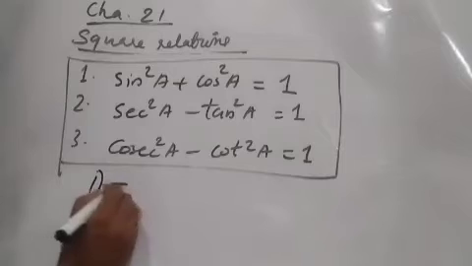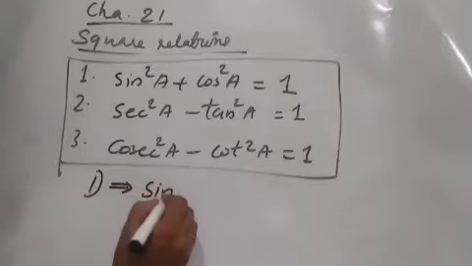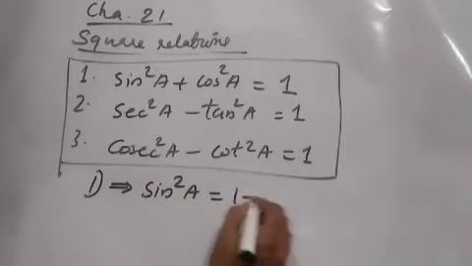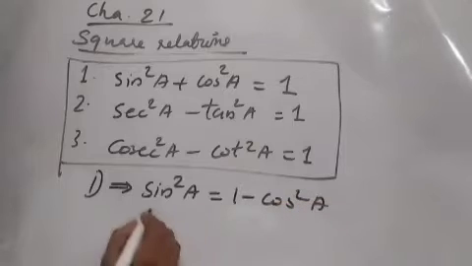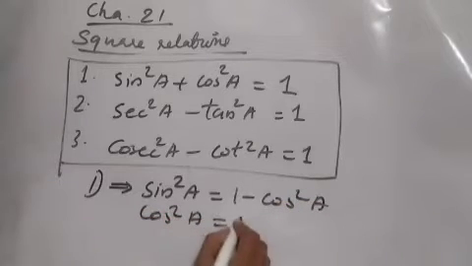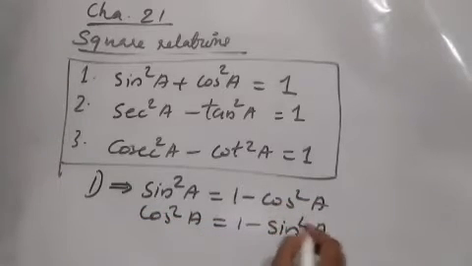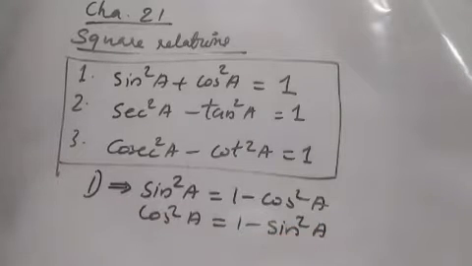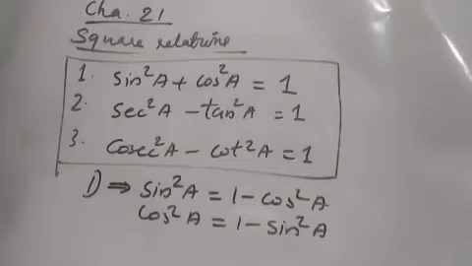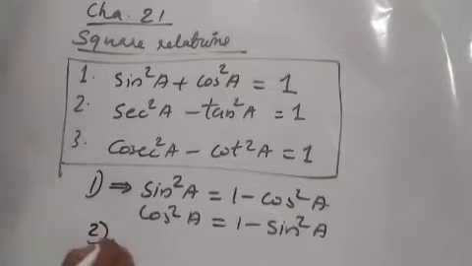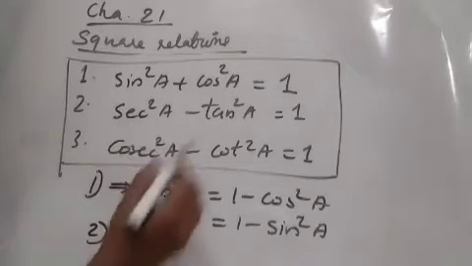First one, you can write it this way. Sin square A is 1 minus cos square A, or cos square A is 1 minus sin square A. We can apply cos square A instead of 1 minus sin square A, and instead of 1 minus cos square A, we can replace it in an equation as sin square A. Similarly, the second equation implies sec square A equal to